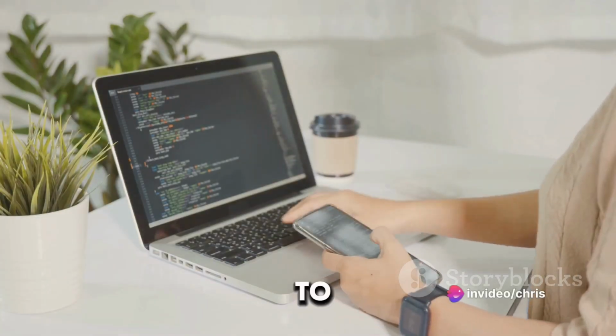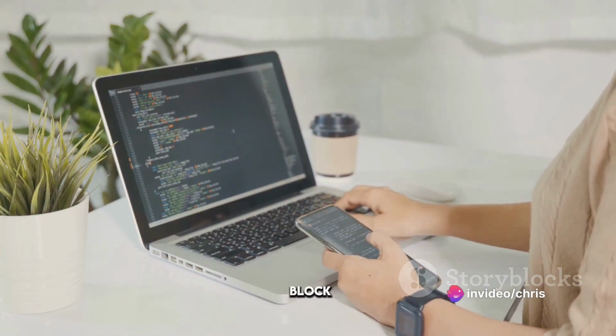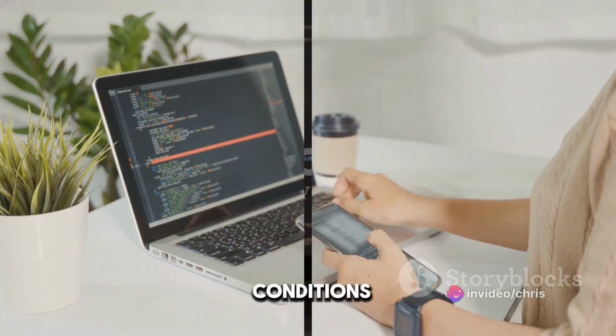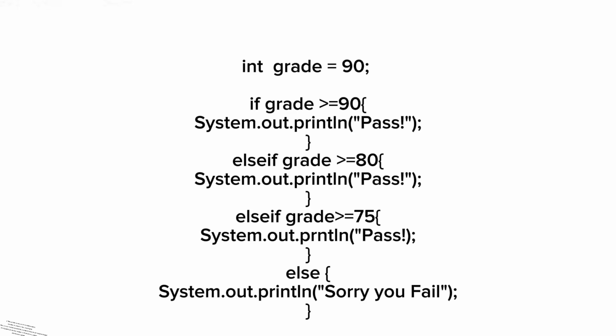In code, it allows us to check multiple conditions and execute a block of code as soon as one of the conditions is met. In this example, we see a series of else-if conditions. The value to be tested is in the variable grade. The first condition says, if grade is greater than or equal to 90,